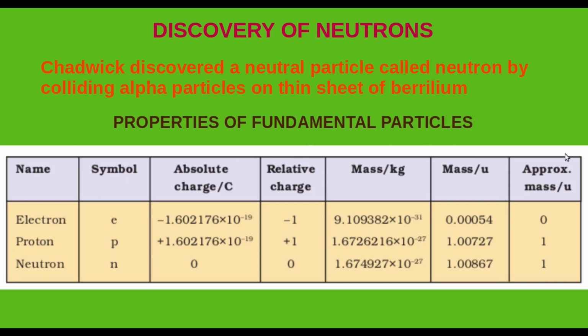We can summarize the properties of fundamental particles in this table. The electrons, protons and neutrons, with the symbols e, p and n. Absolute charge per